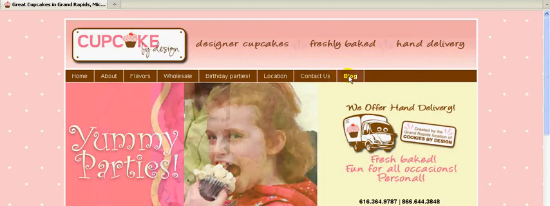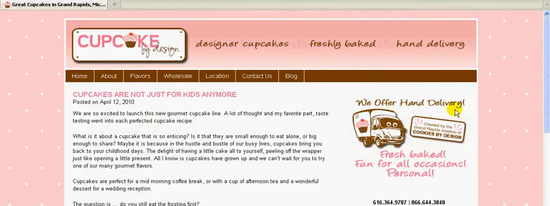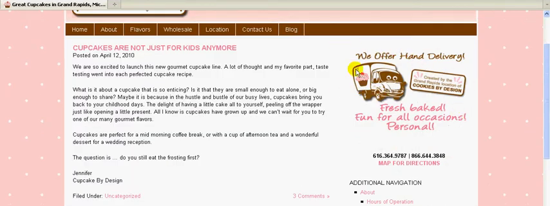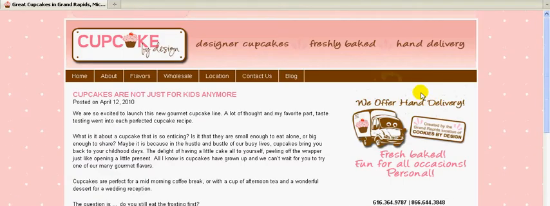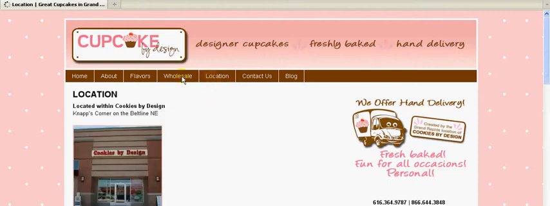Let's take for instance the blog. It's laid out in a certain way, where you've got this little truck on the right side and then you've got this additional navigation. That's kind of pulling in a sidebar. This is a separate sidebar, and the way we have your website set up is on the blog, you're going to have the blog listed here with a sidebar on the right side. But on the other pages,